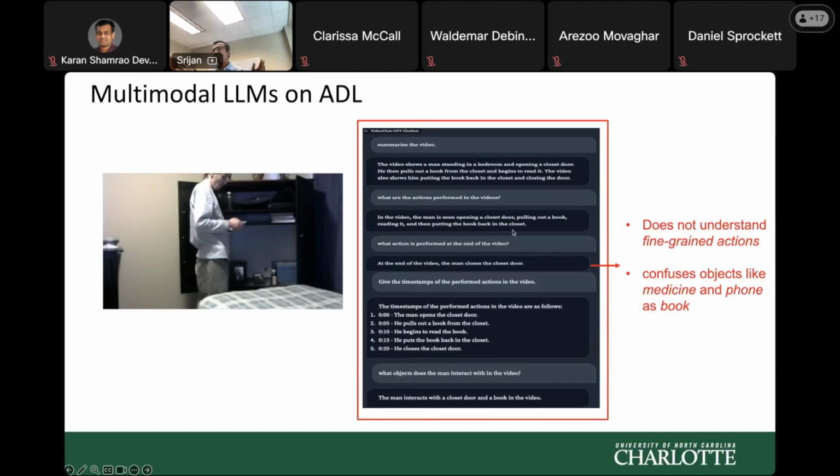It's a classical example of the model hallucinating, where if the person is near a bookshelf, it is more likely that the person is using or interacting with a book. And that's when we realized that